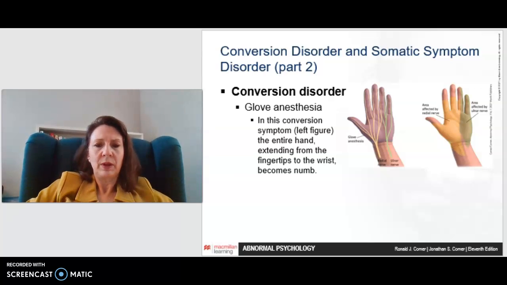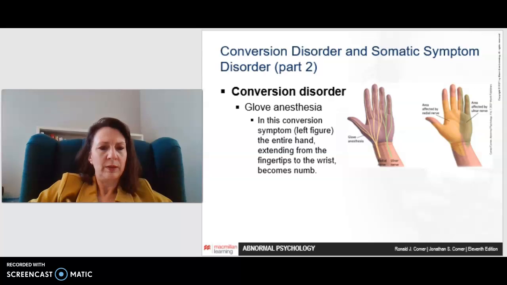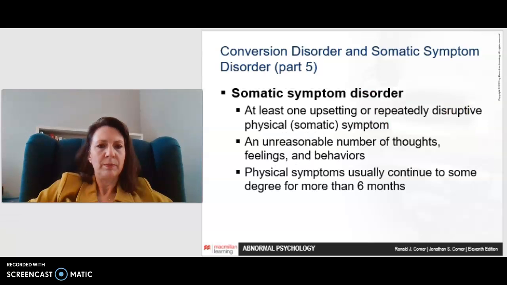So in the left-hand picture, you see the entire hand extending from the fingertips to the wrist becoming numb, where that doesn't really correspond to what actually happens when there's neurological problems in your hand. So conversion disorder is